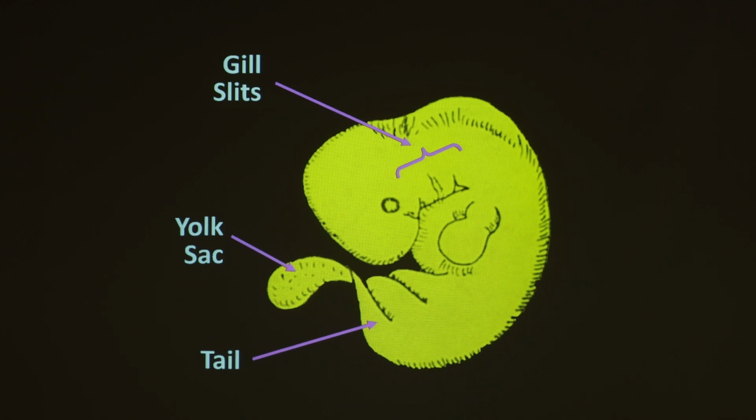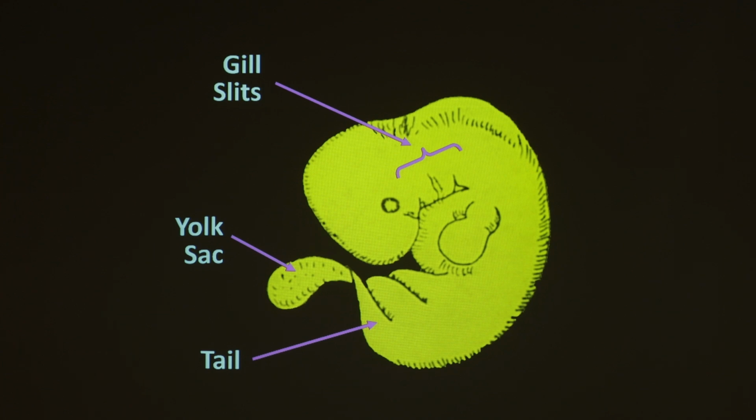Well, wait a minute. Is that really gill slits? No, it's not. It's not gill slits, nor has it become gills. Is this filled with yolk? No, it's not filled with yolk. It's filled with blood. And did anyone come in here dragging a tail behind them? No, this is not a tail, nor has it become a tail. It's the spinal cord that's simply longer than the rest of the body at this point, and the rest of the body will grow into it at a later stage. You see how misleading these terms are?